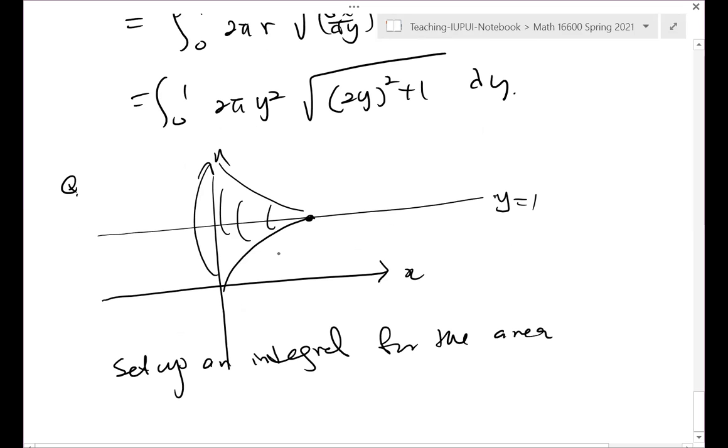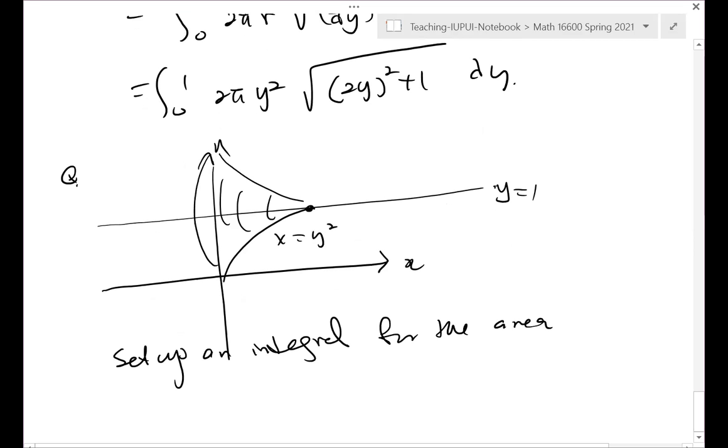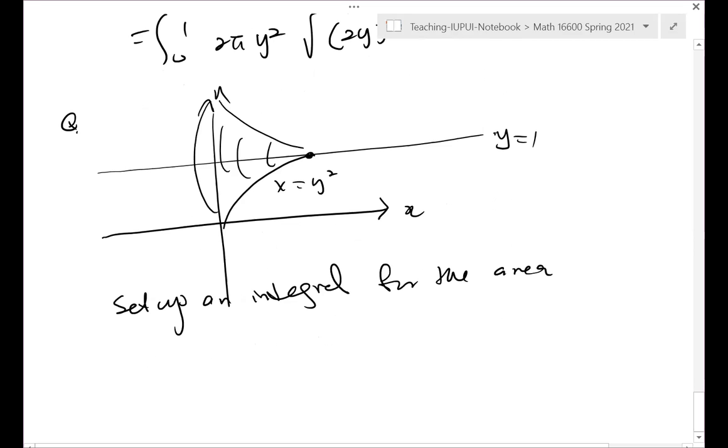This is still x equals y squared, right? And usually this is going to be used as a bonus problem on the final exam. Remember, on the final exam. But if you understand the idea, not just a very specific formula in the book,